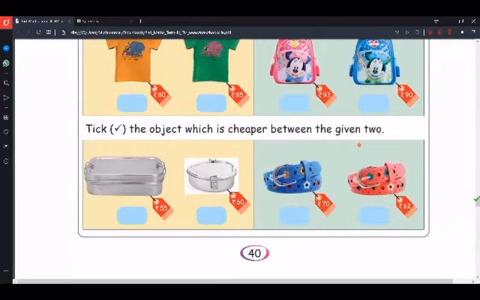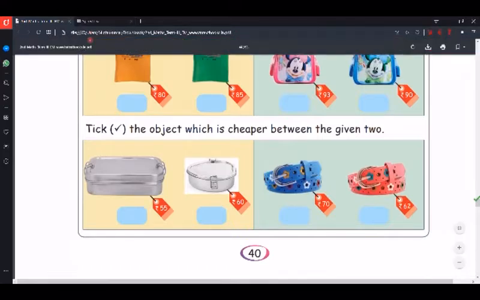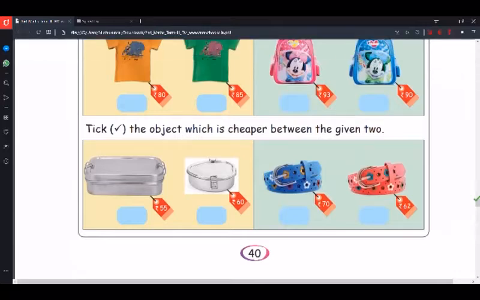So tick the cheaper one. Look at the different box. The rectangle one is 55 rupees and the heart shape is 60 rupees, isn't it? Which is cheaper? 55 rupees. Very good. Tick the cheaper one. Yes. The next is